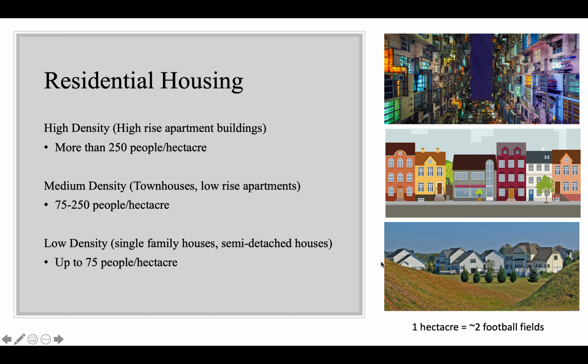With these homes, you have a lot more space. You have a lot more green space, things like that. But this can lead to urban sprawl. And this type of housing typically is not good for the environment. These houses are large, and you're heating your house in the winter. This is a big space to heat, so it's not very cost effective to heat this large space. You can see there's double car garages in all these houses. You're probably reliant on cars to get places. And yeah, things like that.